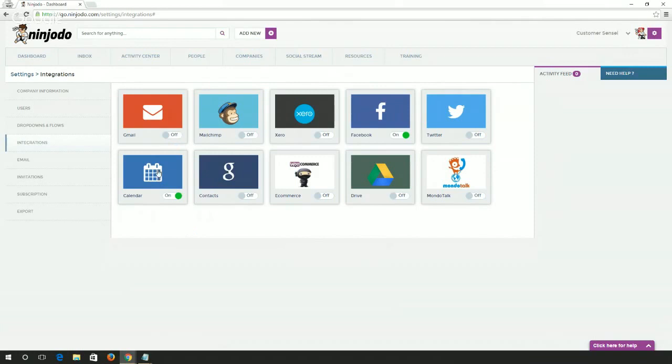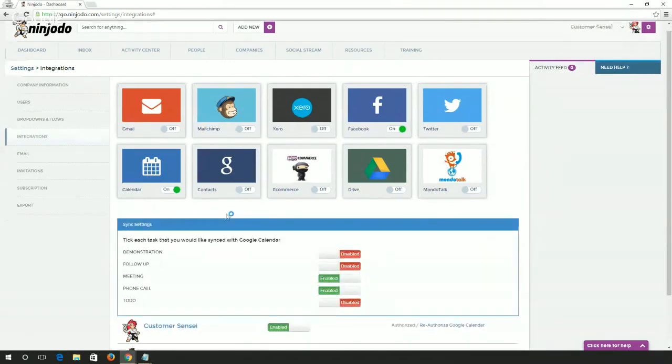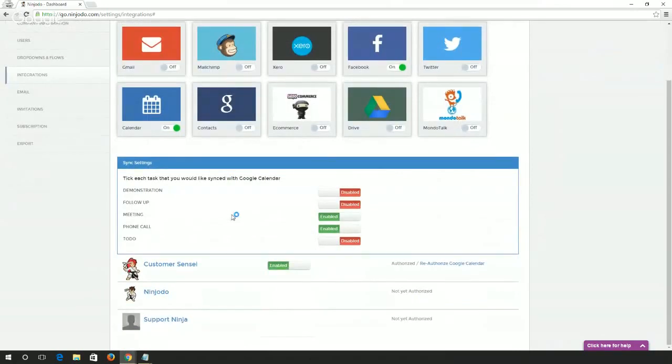Now, the next thing I'm going to do is actually just click on the icon here, and that's going to give me a few options. So if I look down now, many of you may not have seen this because it only came out earlier in the week, is sync settings. Now, what this is going to do is allow you to choose what tasks and reminders you actually want to go into your Google Calendar compared to just things that are mental reminders for you that you just want to